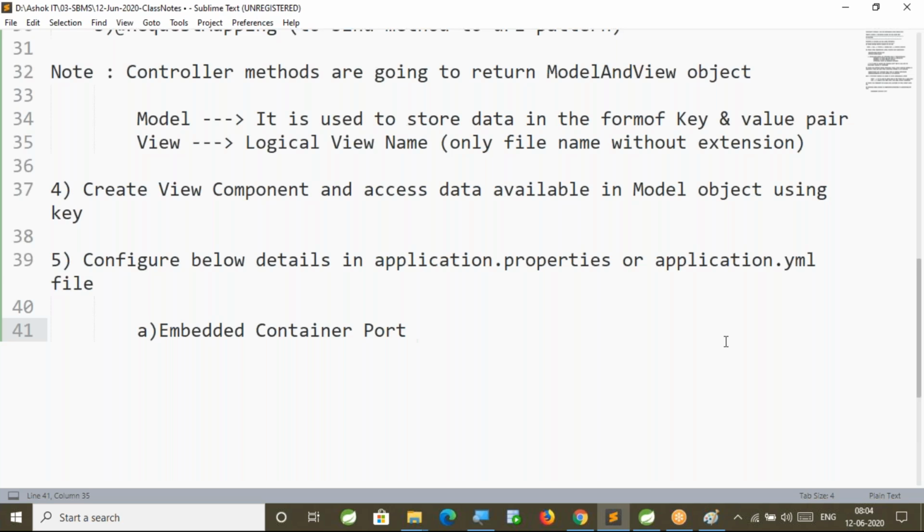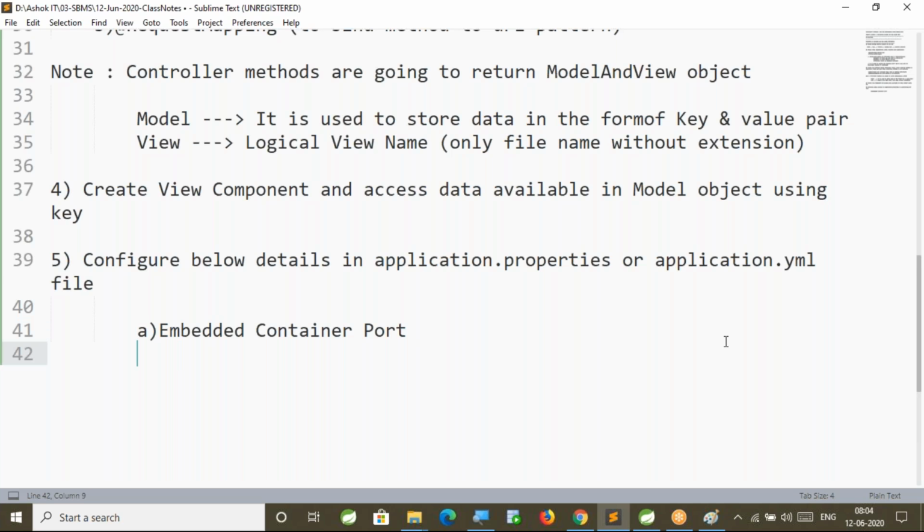Tomcat runs on port 8080. In my system, an Oracle service is already running on 8080, so Tomcat cannot run on 8080. Two services cannot use the same port number. That's why we need to change that port number in our properties file or in the YML file.